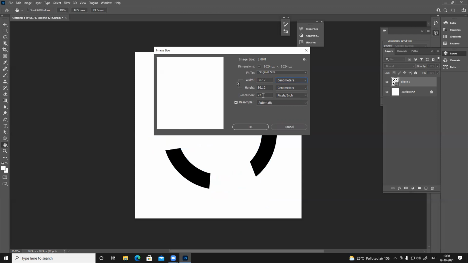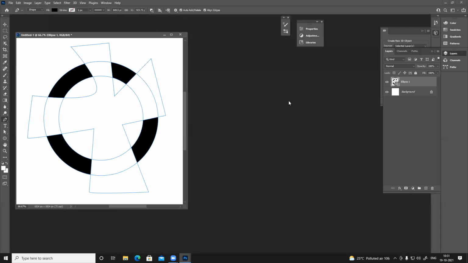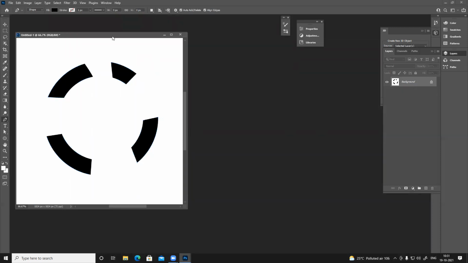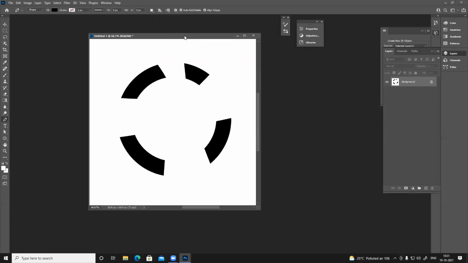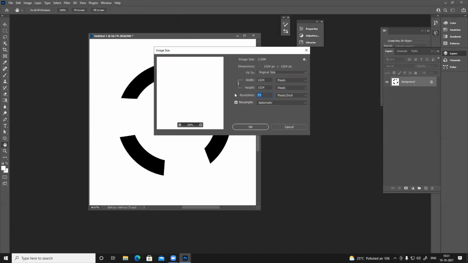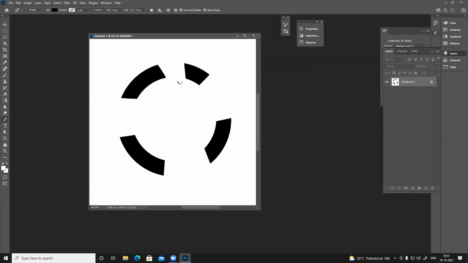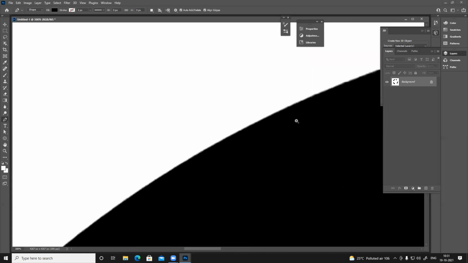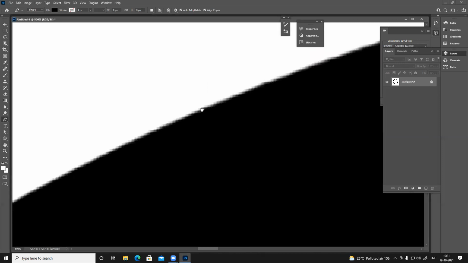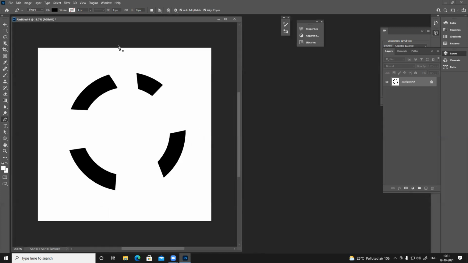I can change it, but if I change this resolution, let's see. This is vector, so it won't go blurry anyway. If I convert this into raster and increase this to 300 dpi, you can see the pixels changed automatically. It was a vector, but you can see the edges are blurry. This will happen, so this works differently.